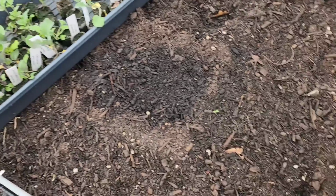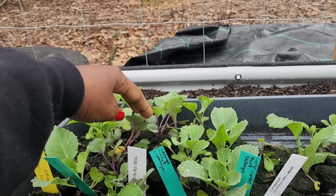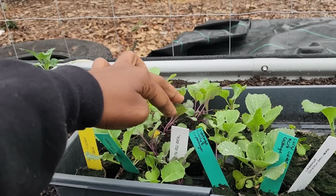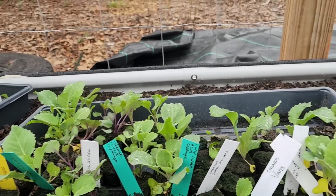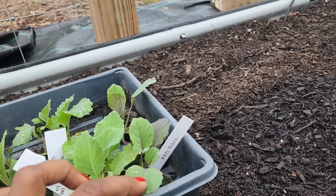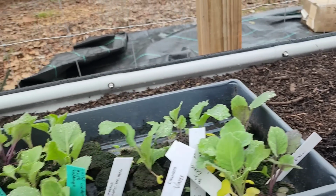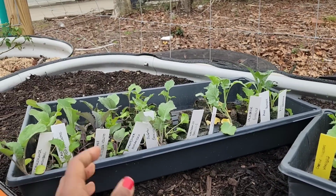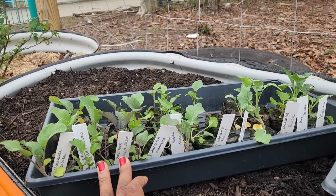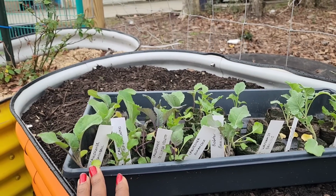So another thing that was on my list to do today, I started all of these brassicas. And right now they're all mixed up because they kind of slid apart. I know these are still the red cabbage because the stems are red. And this is the red Brussels sprout because again, they have the red, and it's only 2 of those. But the rest of them, they kind of all look alike. Good thing this is in this tray, so this is a purple cauliflower, and I'll know those are all purple cauliflower because they have the purple hue on them. But anything else that's just like regular cauliflower